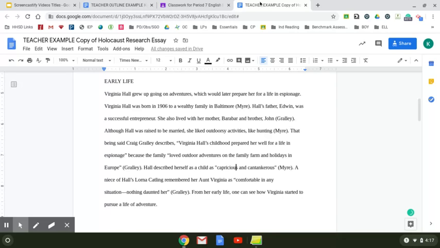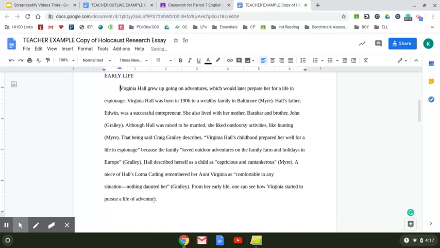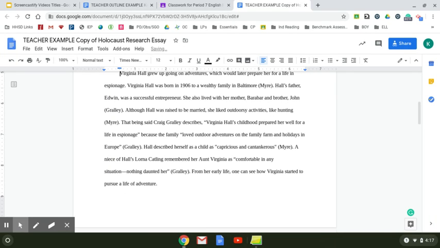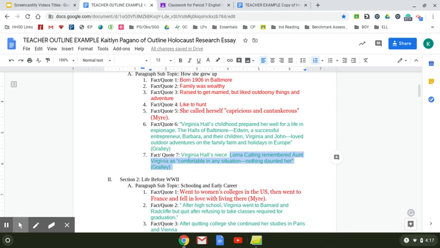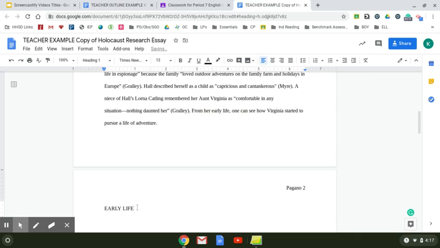Oh, I want to indent. And then I'm going to put a new section in. And this would be section 2. And my section 2 title is Life Before World War II. So I'm going to delete early life and write Life Before World War II.